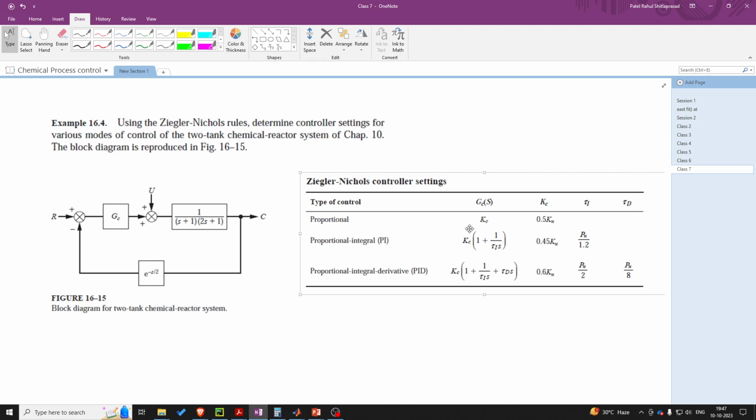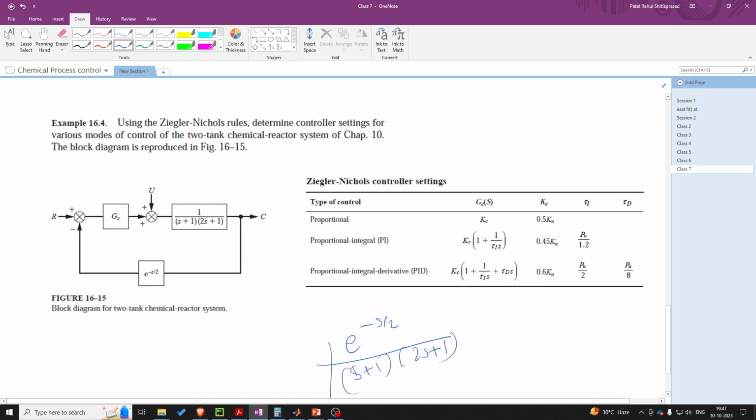So again, just to repeat, you can simply plot the Bode of this given system. For that, you can use this transfer function, with the block e raised to minus s by 2 upon s plus 1 into 2s plus 1. Corresponding to this function, you can plot the Bode diagram, and from that you can calculate omega c0,